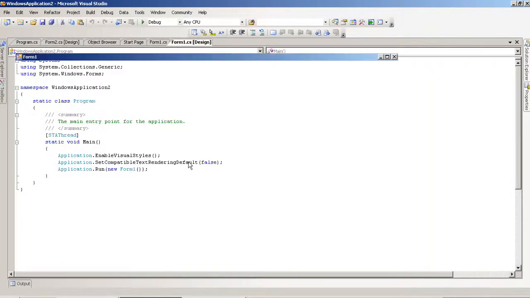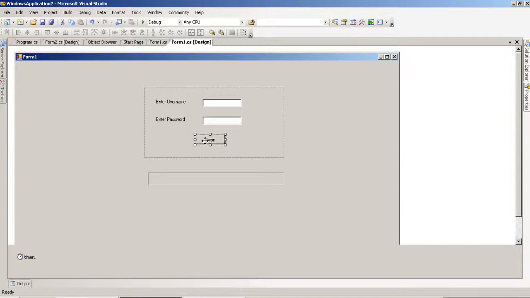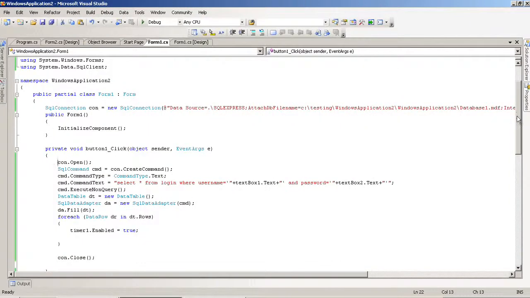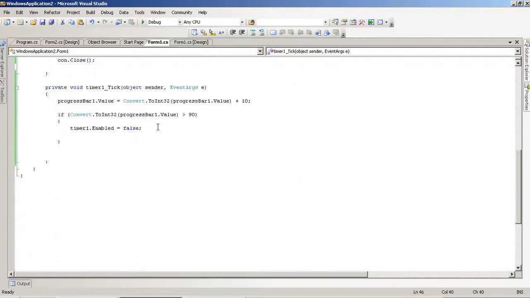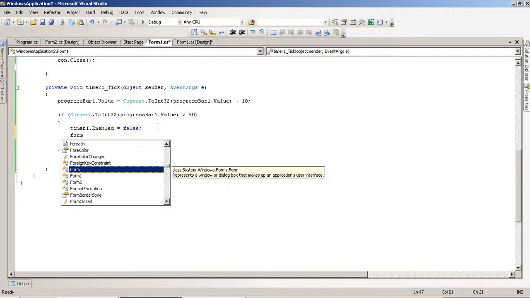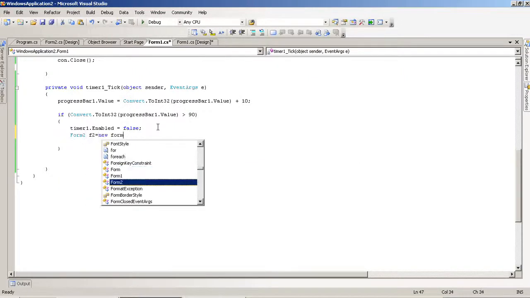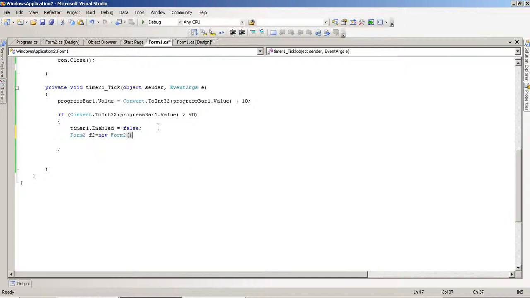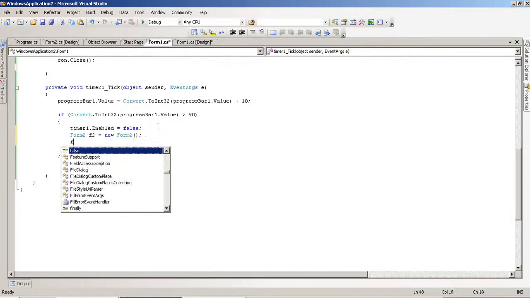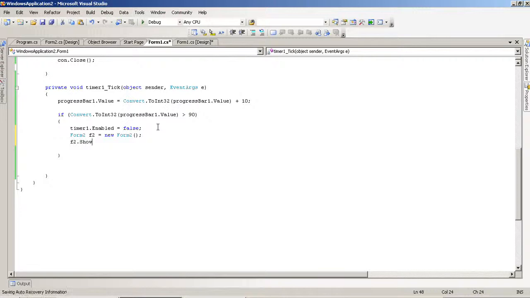Now if our username and password are correct and the timer process is completed, at that time we have to forward to Form2. So I have to create an object here: Form2 f2 is equal to new Form2, and f2.Show.